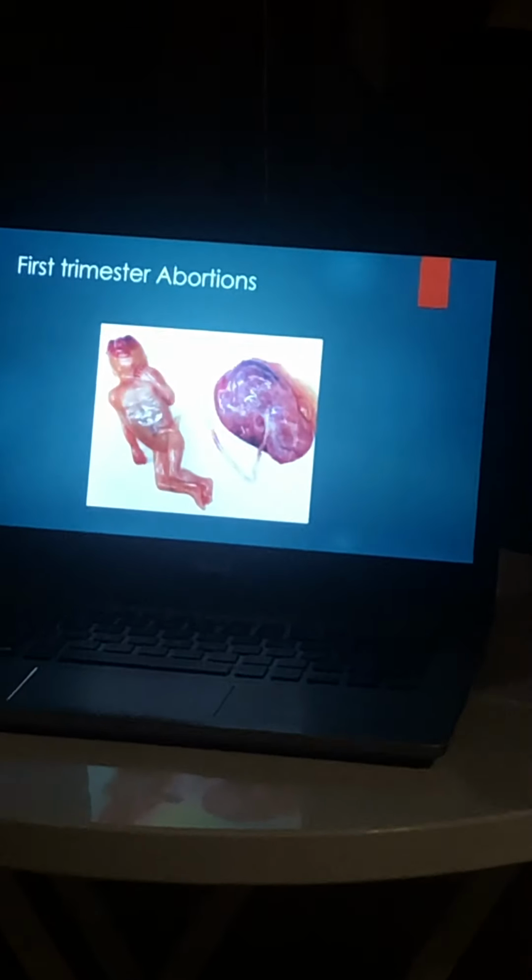Another option is a surgical procedure, and this is a vacuum aspiration, and is used to suction the baby out of the uterus and can be done up to 16 weeks. This picture is probably a suction. So keep in mind, while your baby is in the early stages of development and has a heart, organs, and brain, these abortion techniques can be used.